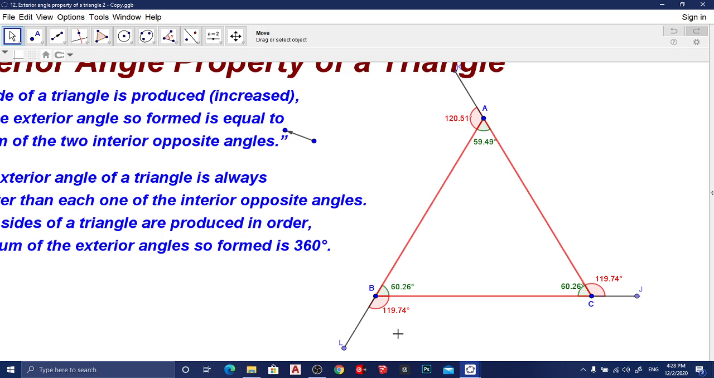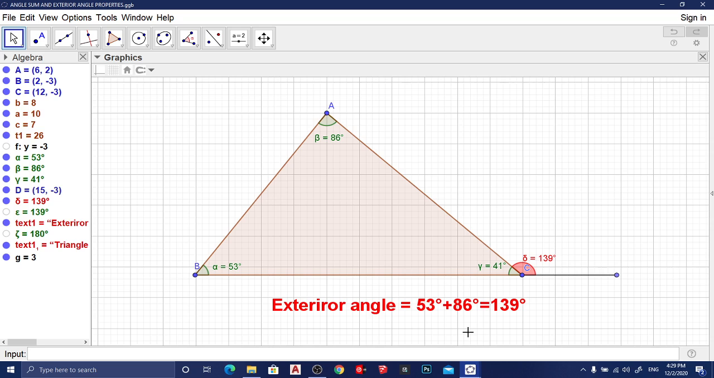Okay. So now we are going to solve the problems in exercise 10b based on this exterior angle property. Now in page number 127, exercise 10b, we are going to solve the exercise 10b problems. Before going to that, I will explain this concept by dynamically changing the angles here. If you observe here,